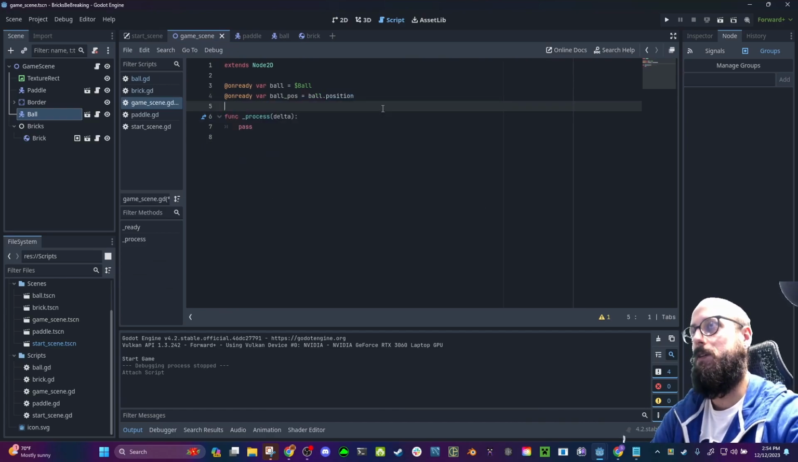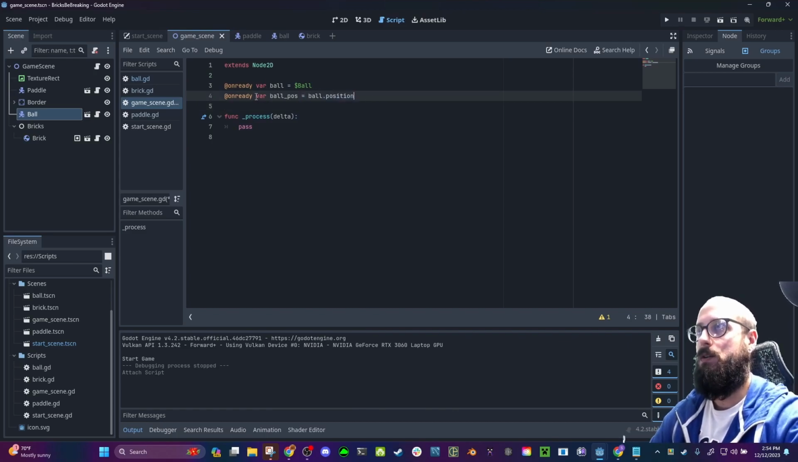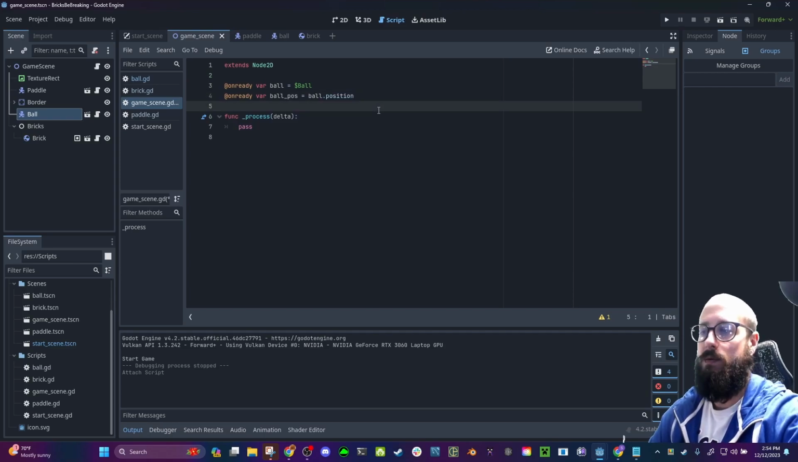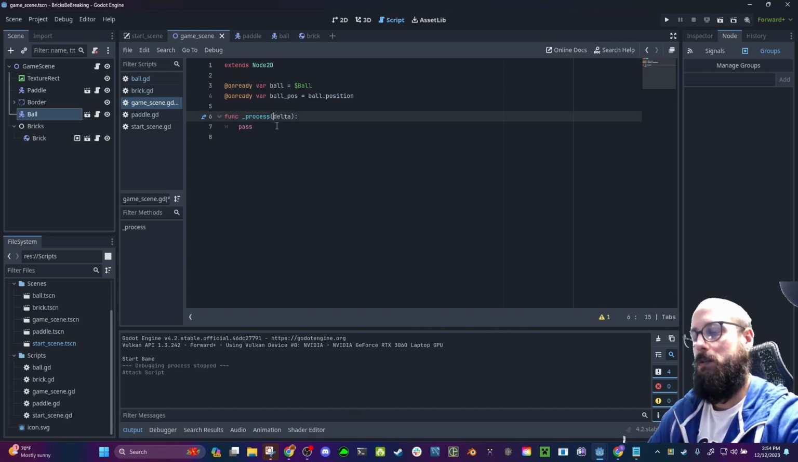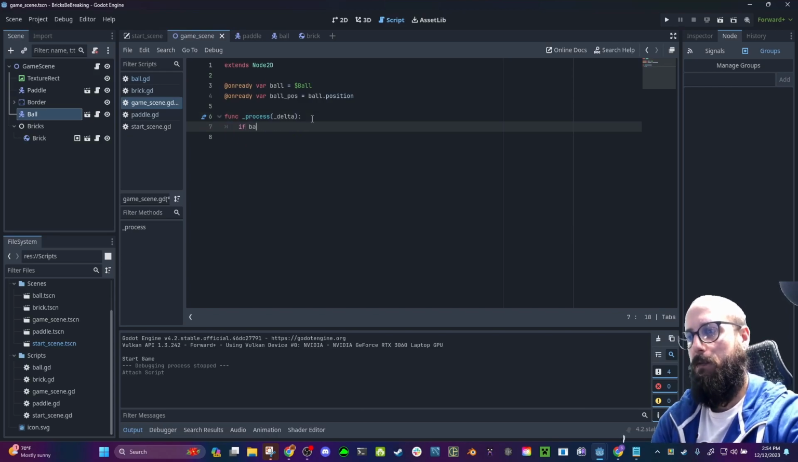We don't need a ready function here. If we didn't want to define this inline, we could just do var ball position, and then in our ready function, do that. It would do the exact same thing. Anyhow, we are running our process function. We are underscoring the delta because we're not using the delta. And we're going to say if